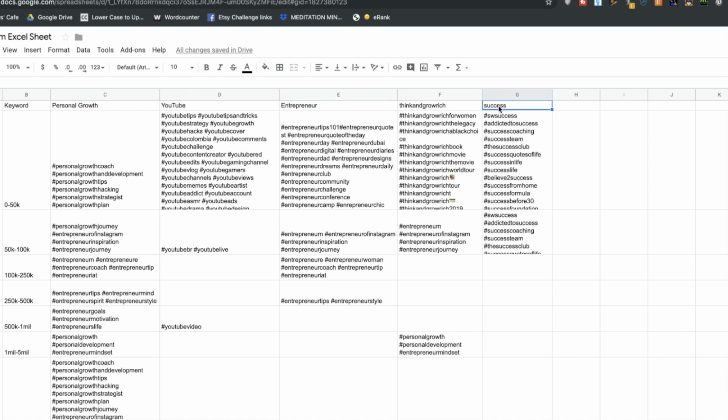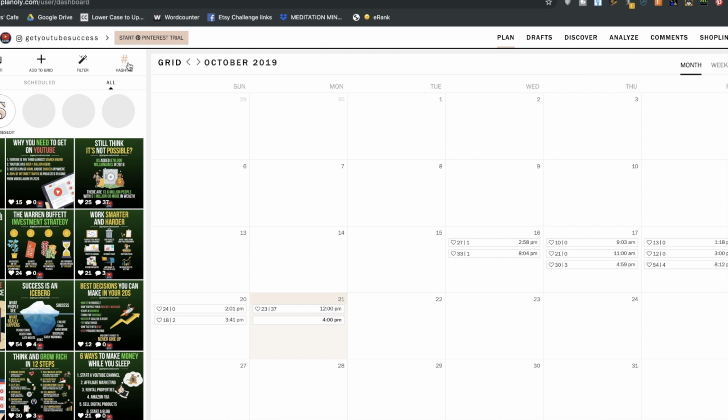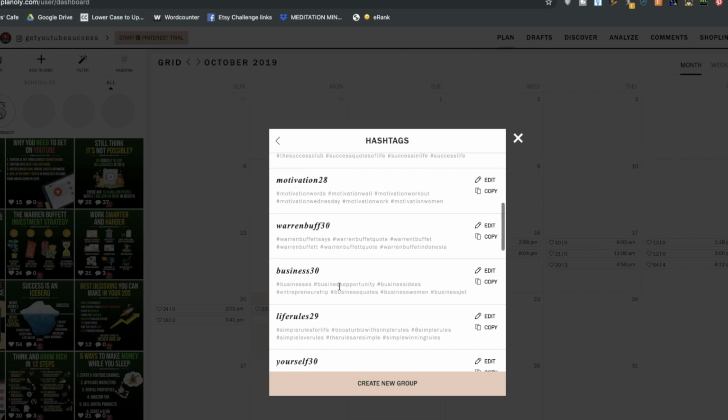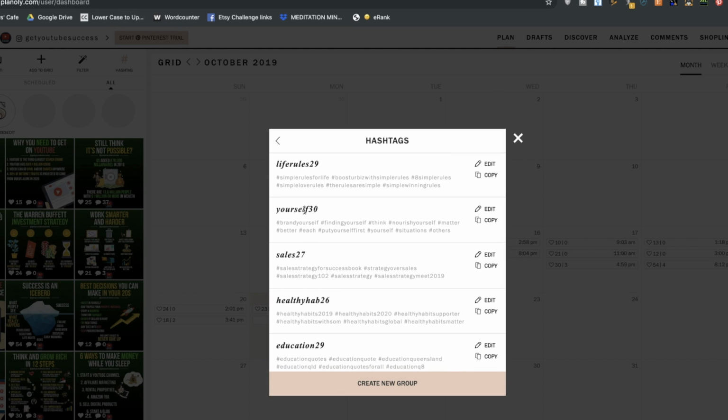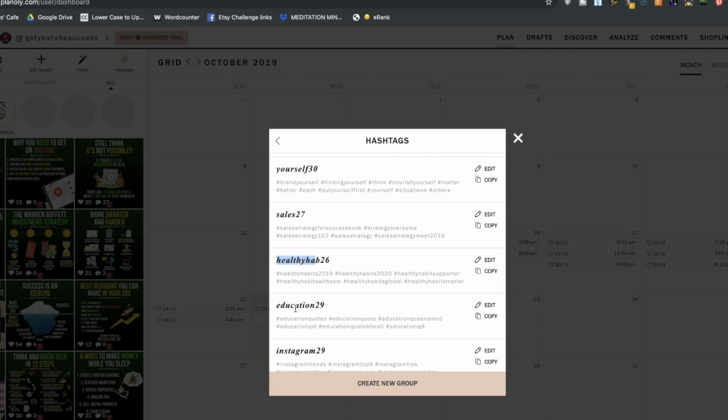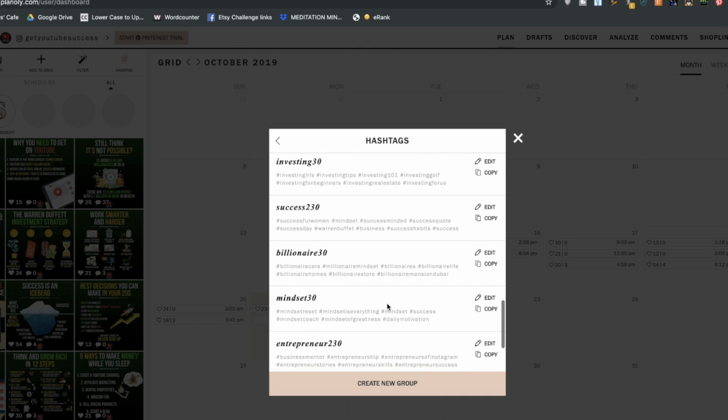Those are my keywords. And I have hashtags that I reuse over and over depending on what keyword my post is related to. So I have a lot more than this, not just in my Excel sheet. I use Planoly for planning my content, but these are all my hashtag groups, and I basically organize it by the keyword. So if a post I'm making is related to sales or healthy habits or education, then I use that hashtag group. So I have a bunch of keyword hashtag groups that I reuse over and over,